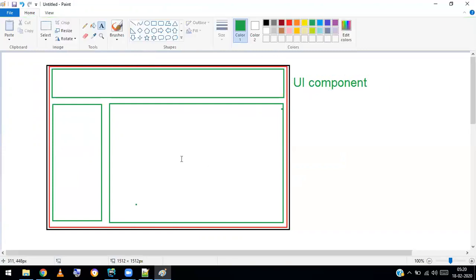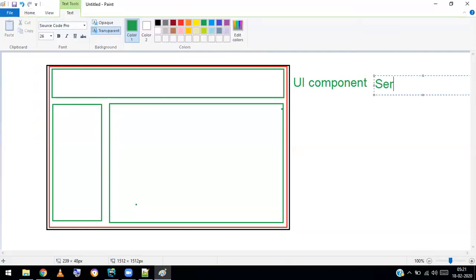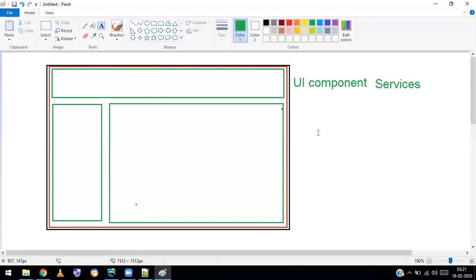So the whole application is divided into multiple modules. I have made only one module here. In that module, each portion of the UI is divided into UI components, and each component is associated with services.